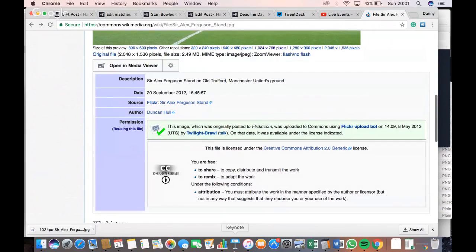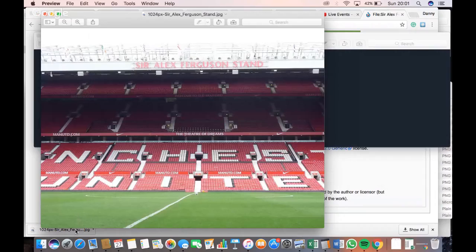And then what I'm going to do, I'm going to open this up. Now, I have Preview on my Mac. Obviously, if you're not using a Mac, you may use different software. And you can use this on any sort of Photoshop or Photoshop site. I've linked a few of you this Photoshop site. It's called Pixlr. And I'm sure you can do it on there,